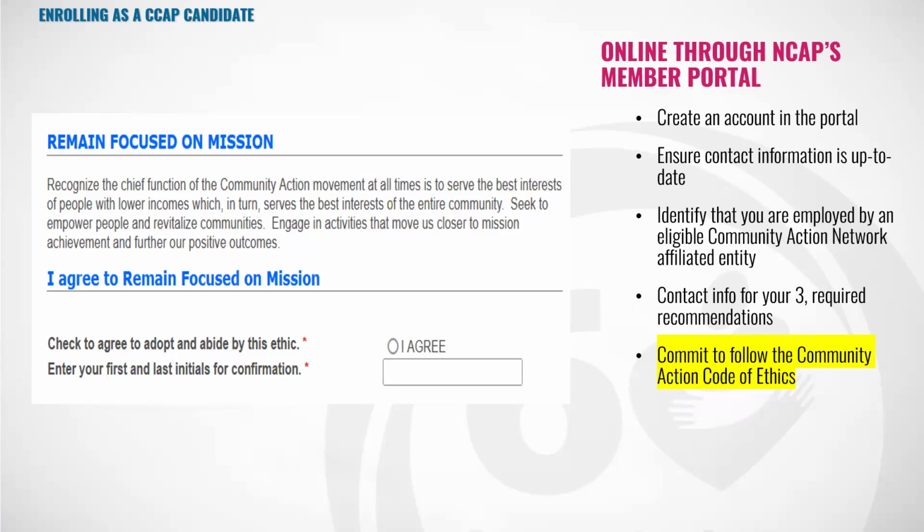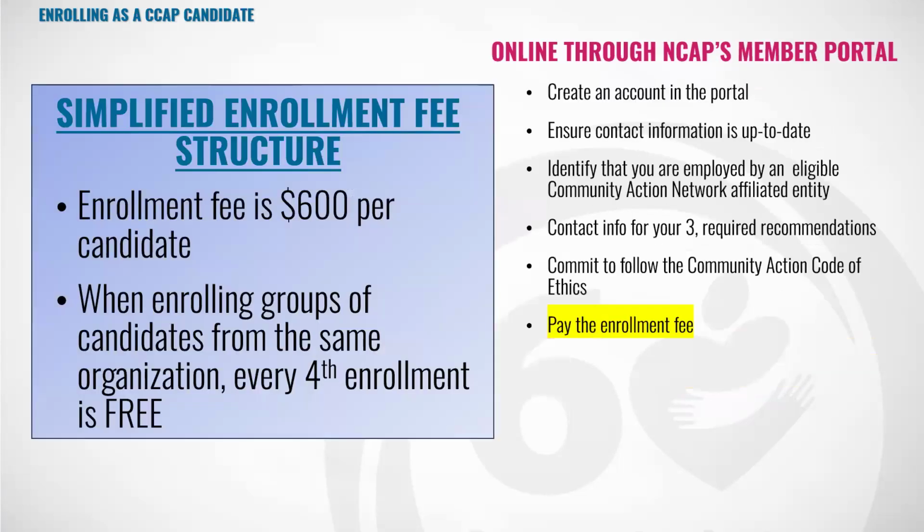This ethical conduct, these vision and value parts of community action, are a big part of what it means to be a CCAP and to hold that title. So we're not only asking you to check a box that says you agree to do that, but we're asking you to initial that box, sort of what signing would have been on pencil and paper. There are 6 ethical statements, and so you will do this 6 times, once for each ethical statement in the Code of Ethics. Okay, so make sure you do agree and add your initials and move to the next one.